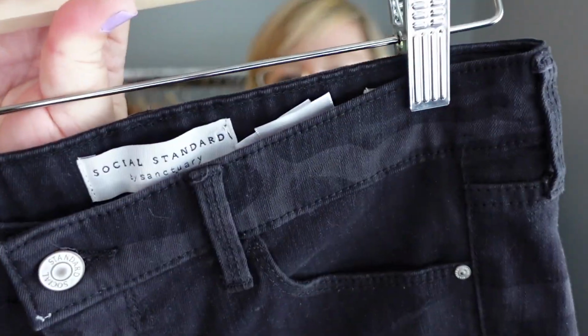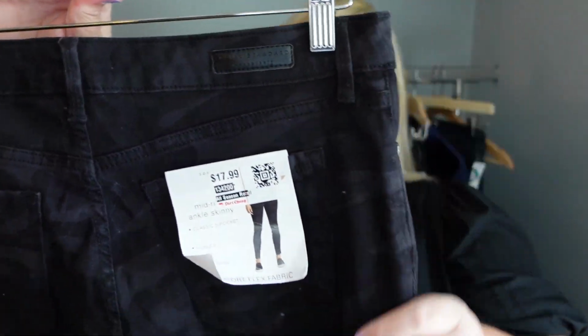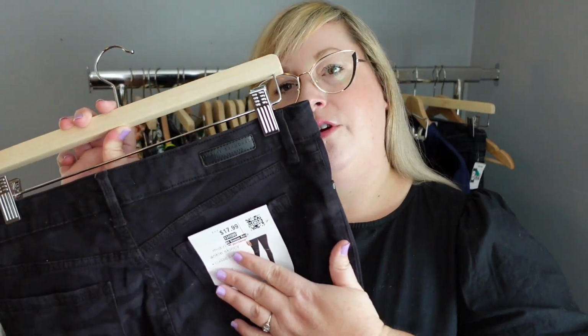These are not puckered, so I grabbed them because I believe these were $1. Okay, and the next couple of items I did not see the first time I was there. These are Social Standard by Sanctuary, and you will see these are new with tags. It does say $17.99, but what Dirt Cheap and Treasure Hunt does is they give you a discount off of